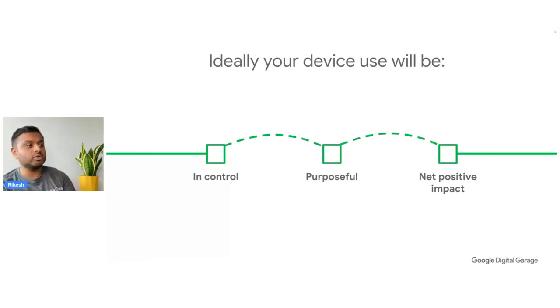And overall, what we want to do is create a net positive impact. As much as we want to make sure that we're only using our devices, our smartphones or laptops or tablets, there will be times where we're just using them for purposes that don't necessarily serve us. But overall, we want to feel that by having this device, we're creating a net positive impact off the back of that as well. So that's important to be aware of.